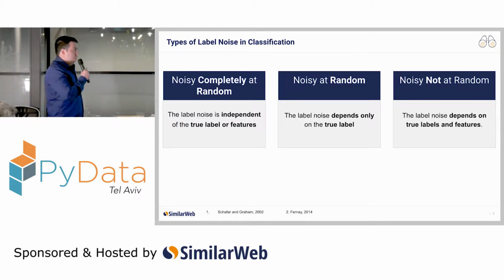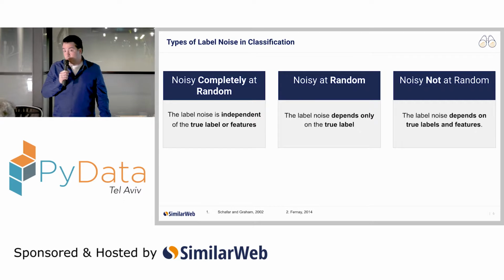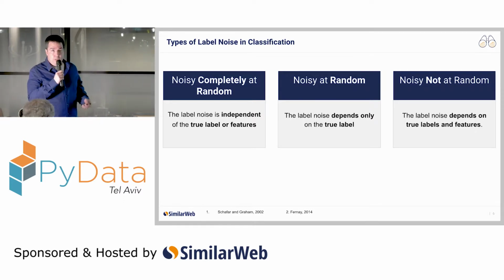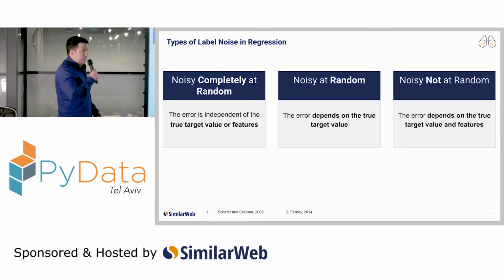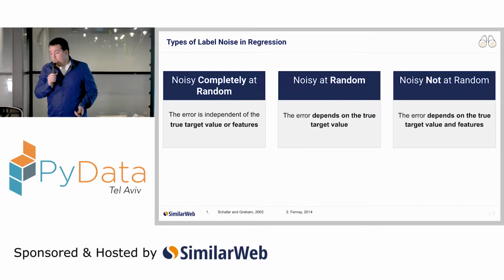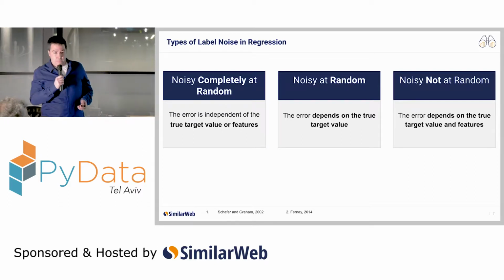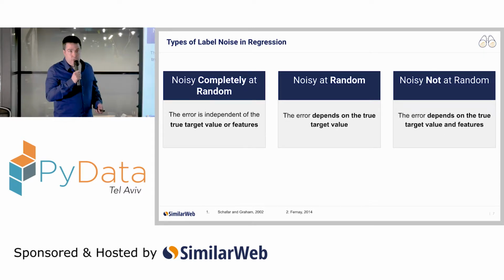This allows us to model cases in which label noise is more frequent in classification boundaries or more frequent in low-density regions in the feature space. In the same way that we examine classification, we can also examine regression tasks. In general, most of the time we assume that the error is additive and follows a zero-mean Gaussian distribution.